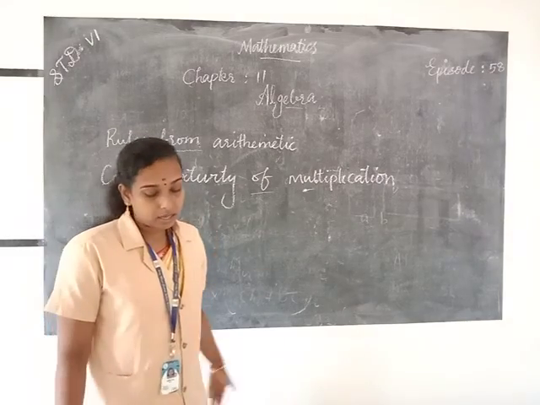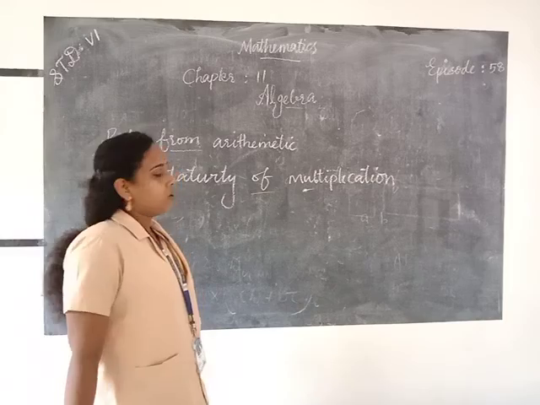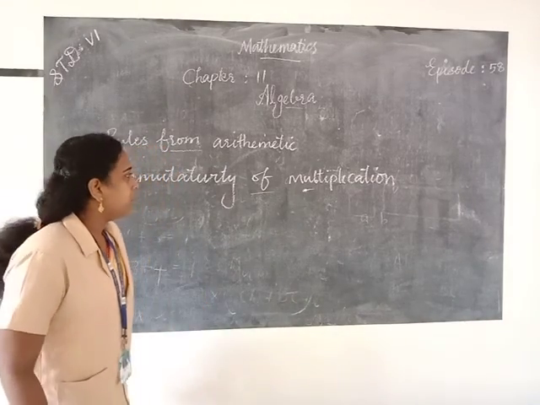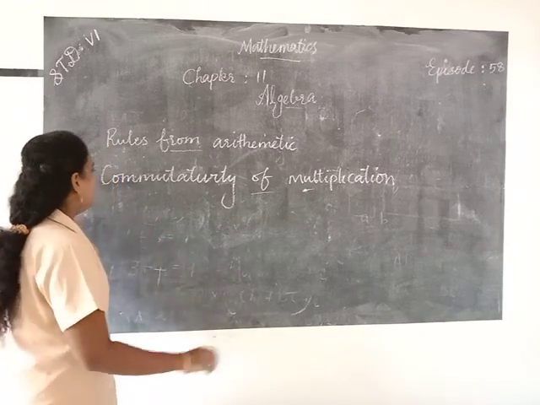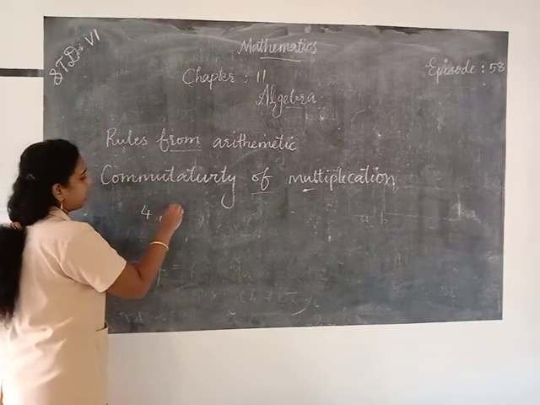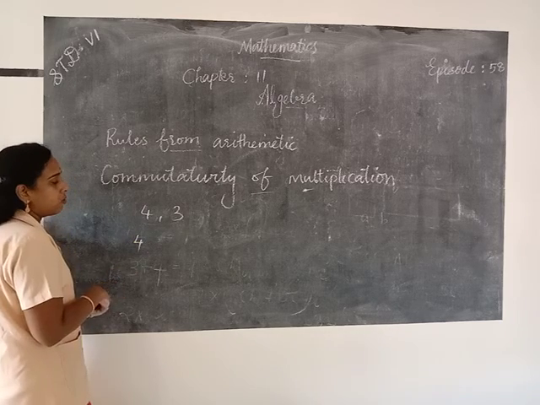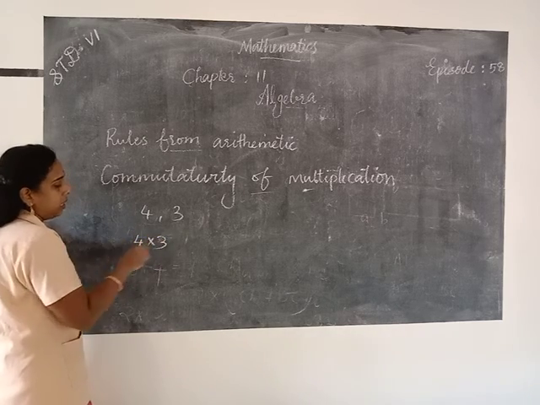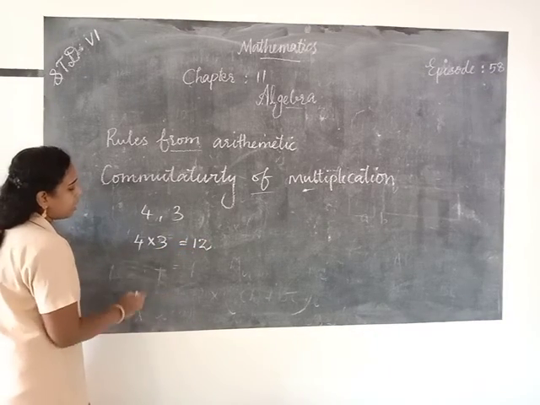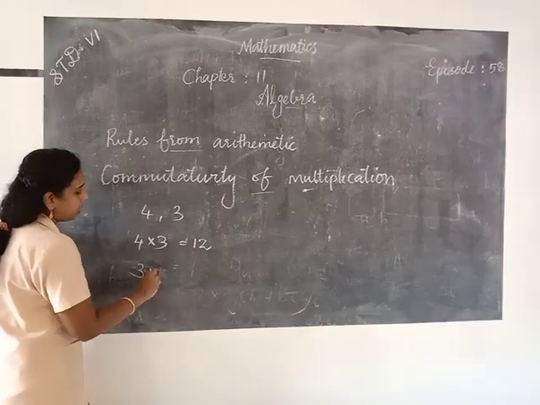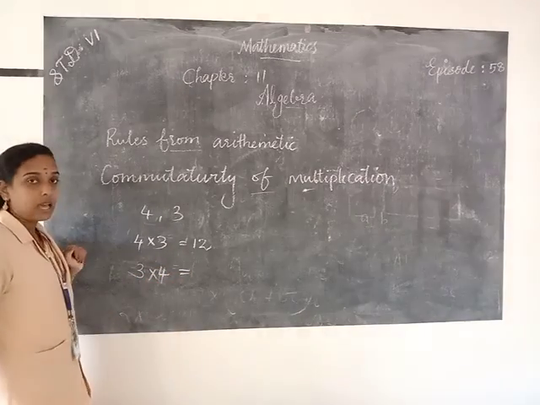In our previous chapter. Then here commutativity of multiplication means, for example, if we multiply any two numbers in any way, then we get the same answer. If we take the same numbers, that is 4 and 3, then we multiply 4 and 3 in two ways. First we write 4, then multiply with 3, then we get 12. 4 3s are 12. Then the next way is, first we write the number 3, then multiply with 4, then we also get 3 4s are 12.